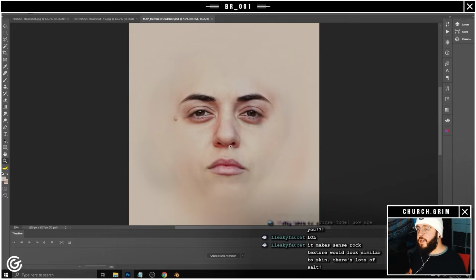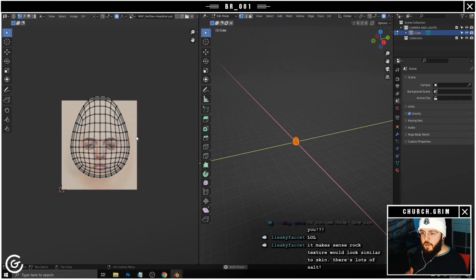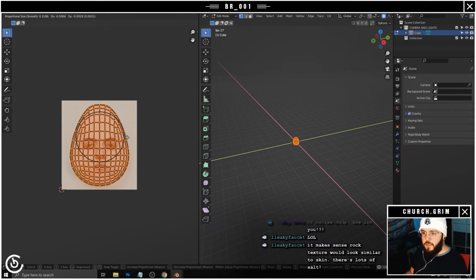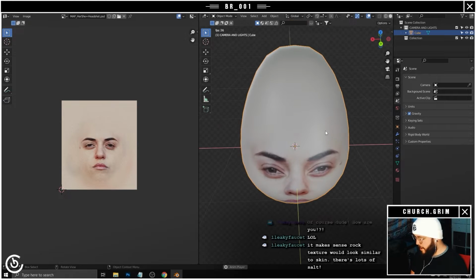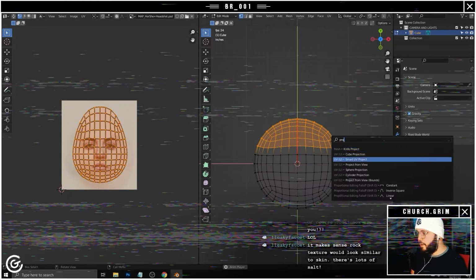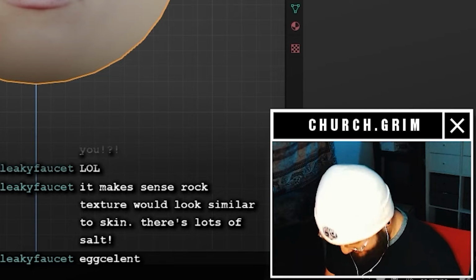All right, so it looks like we need to move her face down. Bam, save that, Alt R, and how's that looking? Yeah. Oh, that's stupid. And then on the back side, we can do, oh, that's crazy looking. All right, so the next thing that I want to do,